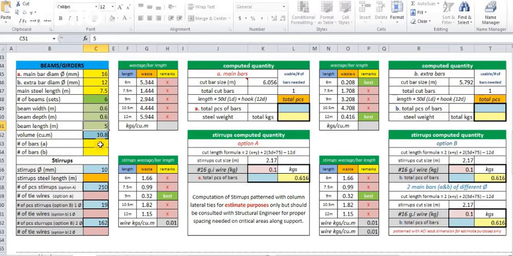And all computed quantities are not yet absolute or exact, but you're given the discretion to make necessary adjustments and add the needed percentage for contingency, as unforeseen factors will always be present in actual construction stages. This Excel will just expedite your manual computations. And in case you have a rush project, this will help you to have an immediate response to your